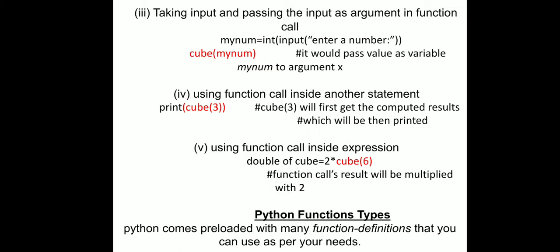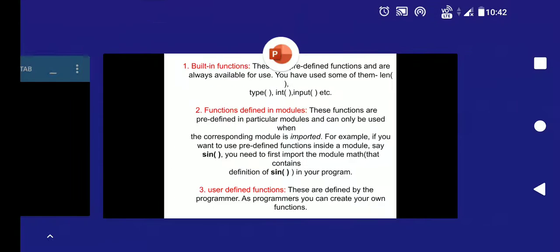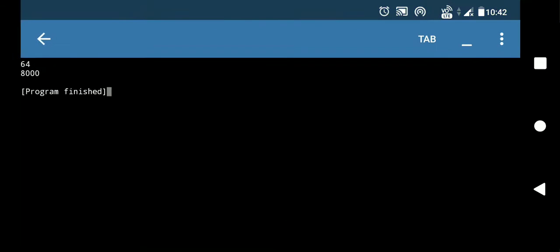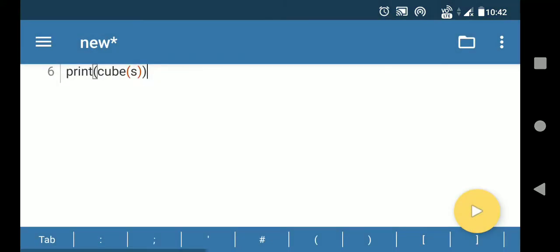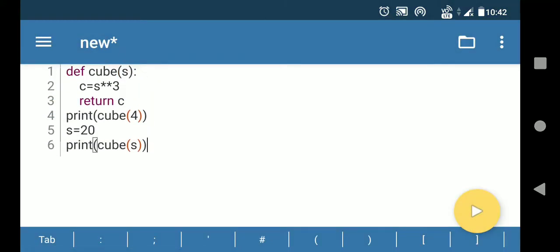You can call the function inside the expression, means आपने function call किया और उसके साथ भी आप बाहर outside calculation कर सकते हो. It may be possible in case of function. Now we will do some practical. As you can see here, we have done few practical. We have written this program here. So they are saying that you can do different calculation along with this.